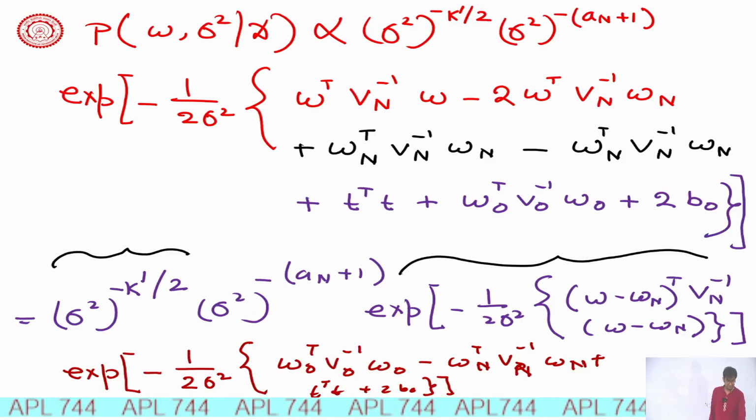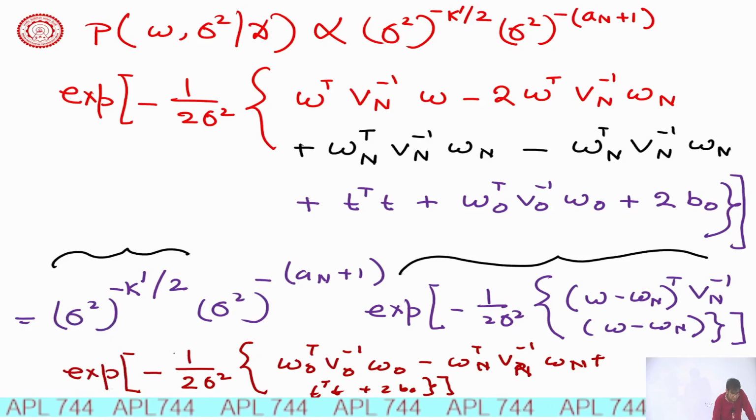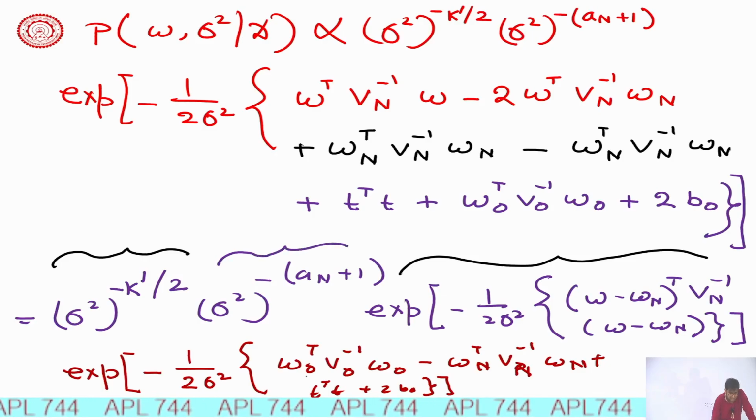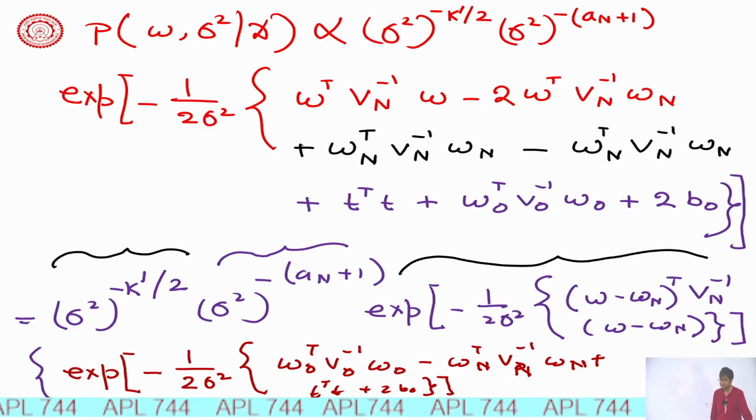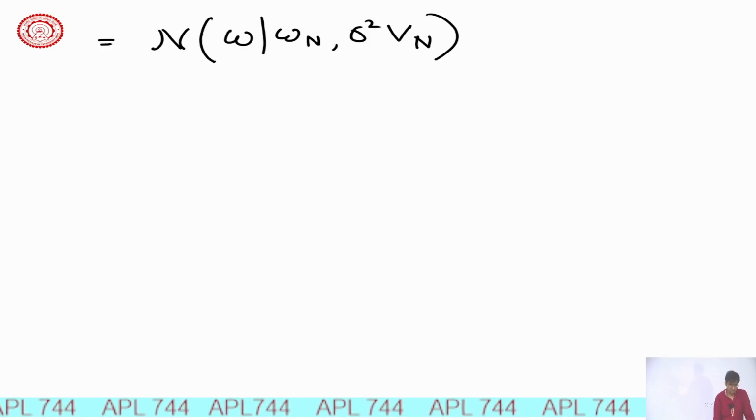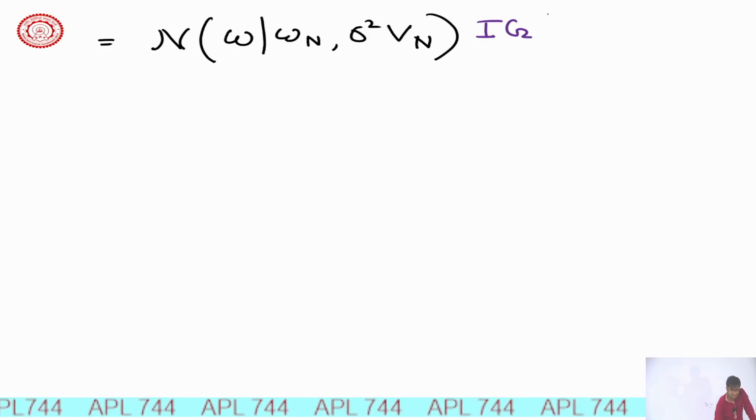What is the remaining term? The remaining term is this one and this one, and that should give me the inverse gamma. So let me directly write it down as inverse gamma, and then we will figure out what is